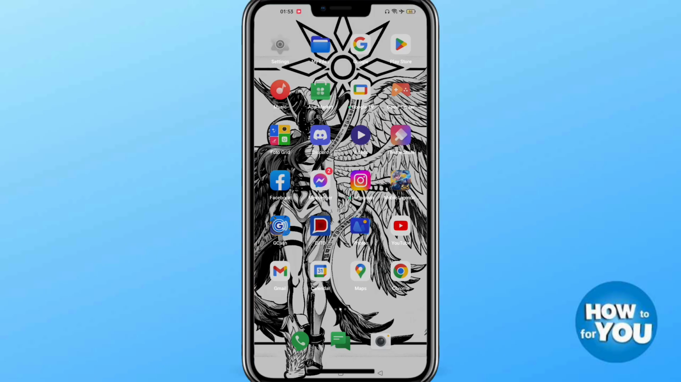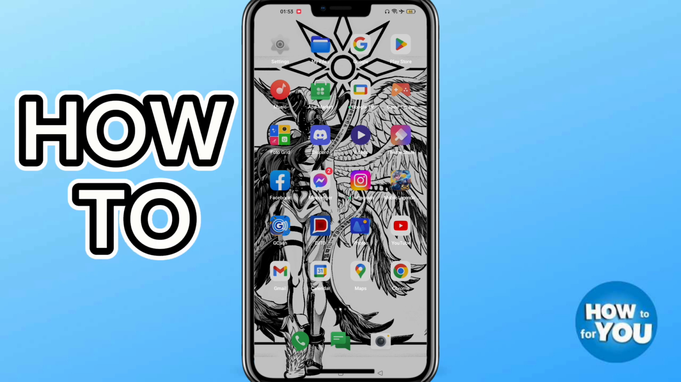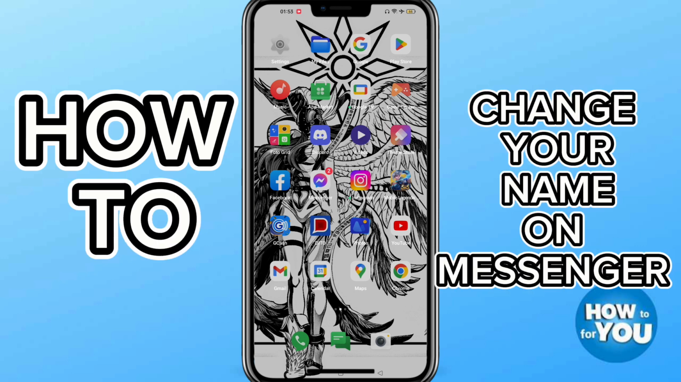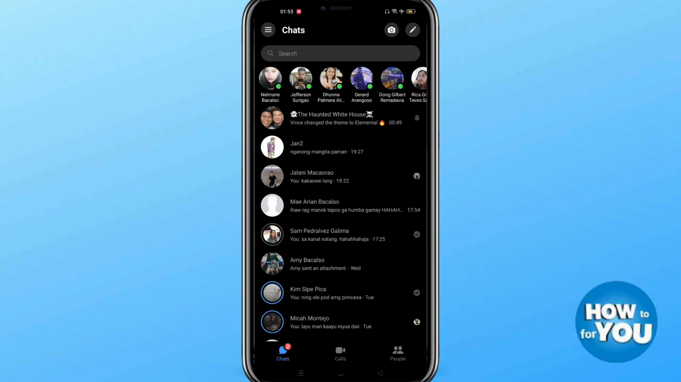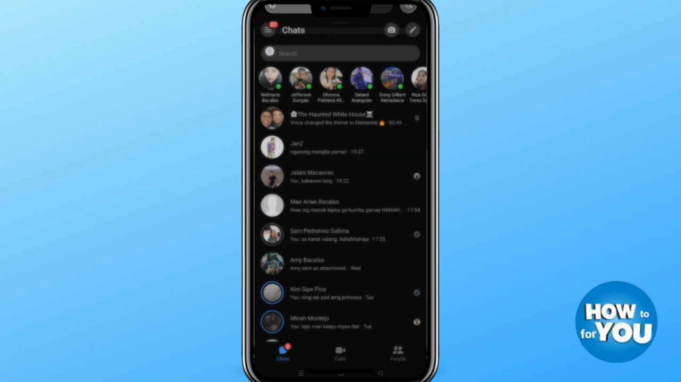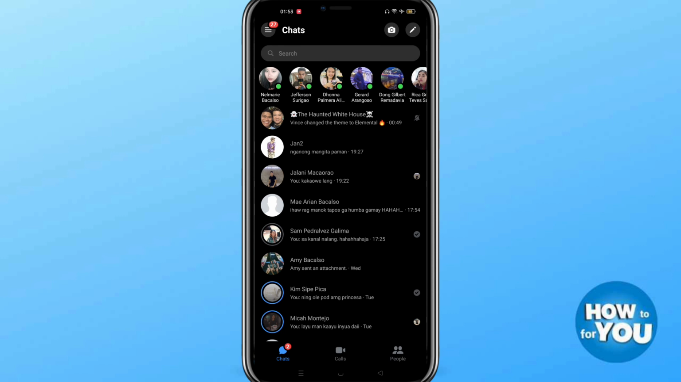So hi guys, for today's video I will show you how to change your name on Messenger. So let's get started. First, open the Messenger application on your mobile phone, and on the upper left side click the three lines icon right here,